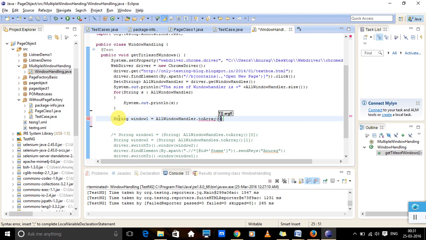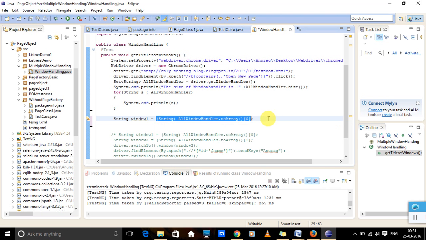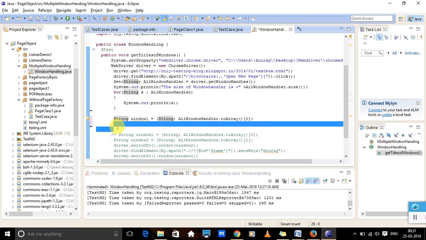So as you see, there is a type mismatch between this. So I will typecast it, change it to typecast to string. And similarly I will do for window 2 also. Control C and Control V, and I will use the first element of it, and I will change the name to window